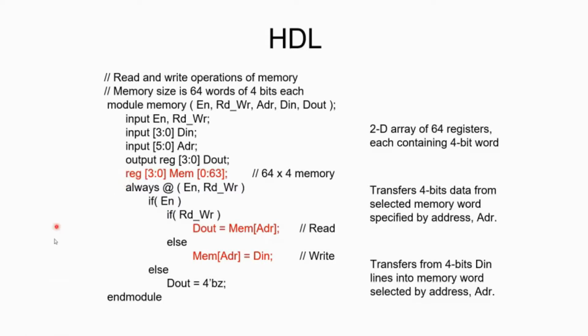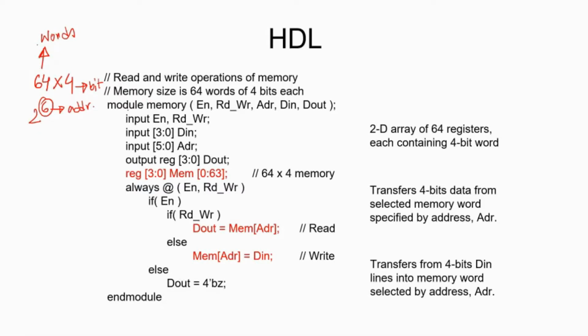Say if you want to declare a memory of this size, 64 into 4, meaning that you have 64 addresses or words and you have 4 bits of data, maybe it's input data, maybe it's output data. So how many address lines will you have? You will have 6 address lines. Okay, so what are the pins you